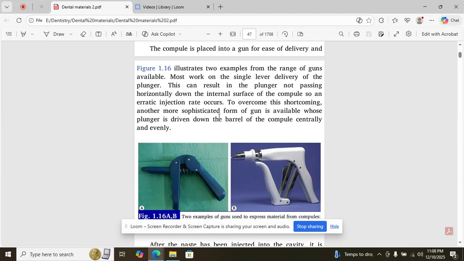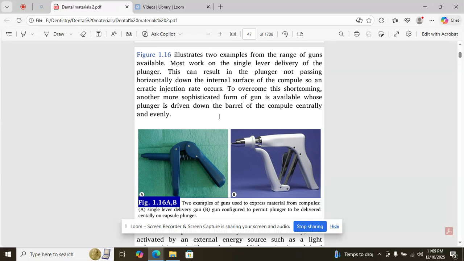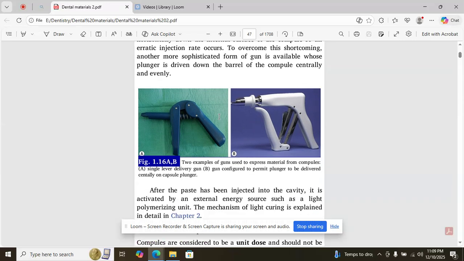To overcome this shortcoming, another more sophisticated form of gun is available whose plunger is driven down the barrel of the compule centrally and evenly. Two examples of guns used to express material from compules: A, single lever delivery gun. B, gun configured to permit plunger to be delivered centrally on